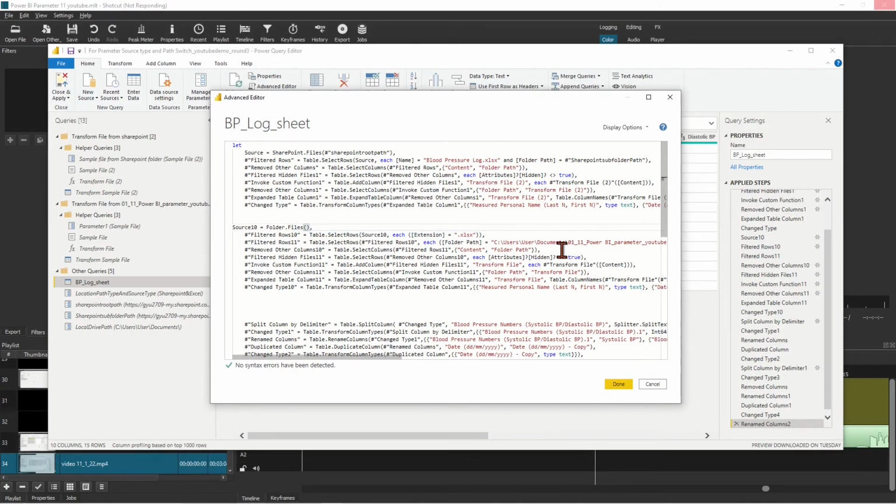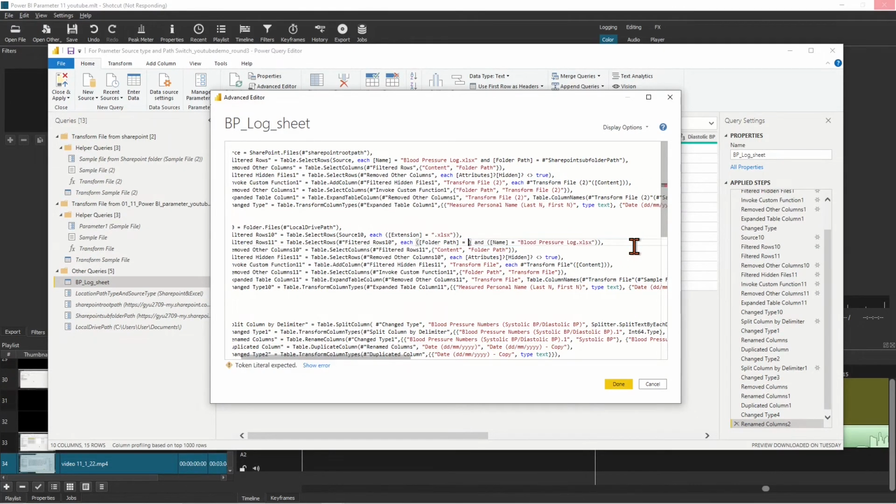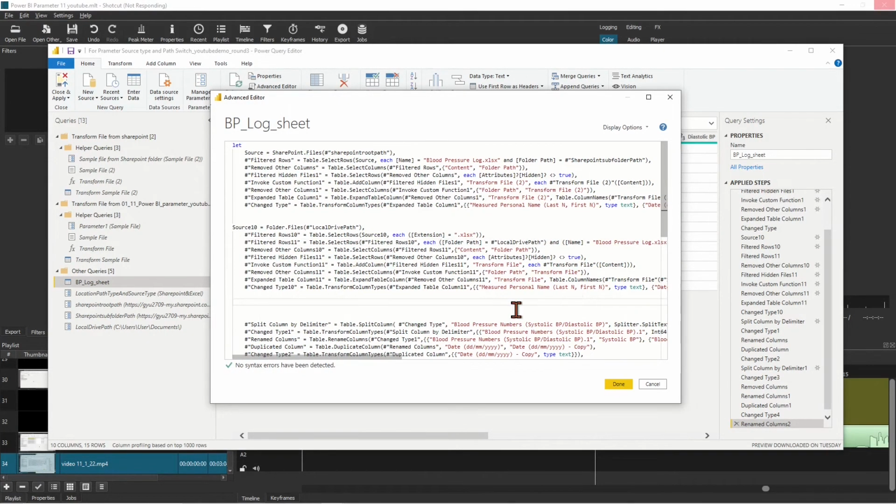Rename all new step labels to avoid duplicated naming. Replace the static local drive path by the local drive path parameter. Especially for the step field row 11, we must use the dynamic parameters to confirm the specific subfolder path. Lastly, insert a new code line at the end of the embedded query code lines as final source equal to: if local path type and source type is local drive and Excel, then changing the type 10, else changing the